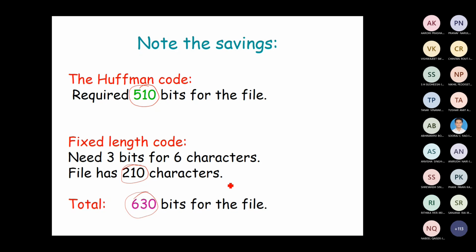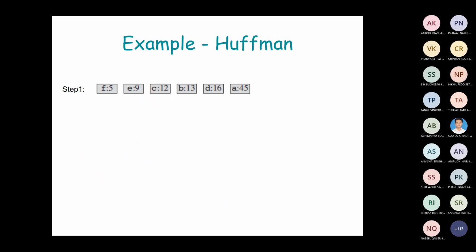But suppose you are going to transmit a huge amount of information and you employ Huffman coding, that is the variable length coding. Definitely that is going to reduce the total number of bits during the transmission. So we can have more efficiency by using Huffman coding compared to the fixed length code.